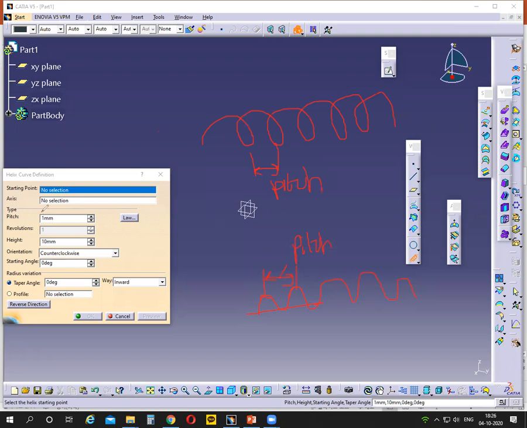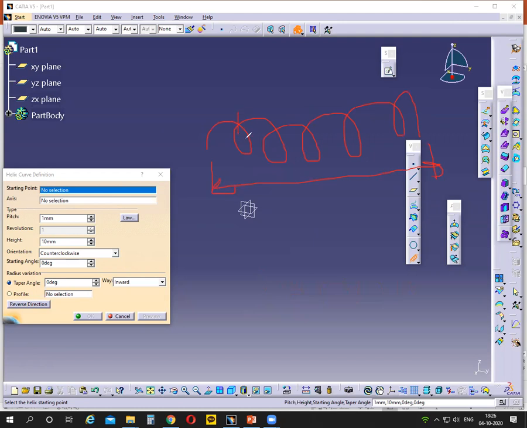So we have to provide the pitch, and also you can choose the height. Height means the total height. This one is the total height, and this one is the pitch. Pitch is uniform throughout the helix. From here to here same, here to here same, here to here same. You can give the distance between consecutive turns, and you can give height, and also